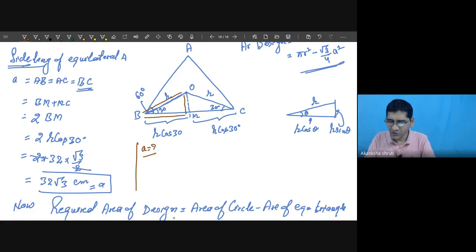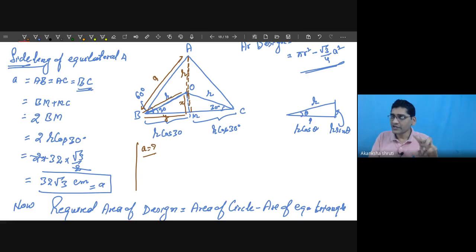Then you may have the two unknowns. Consider this MO as X and this as Y. Then what is the ratio of this X and Y? For that, again you need to consider this O and A. In this case you need to consider this entire length, whatever the required A, whatever this r is there and whatever this x is there. So in this case you have to solve two